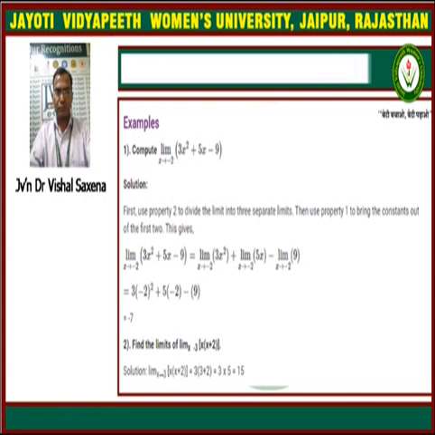Now another example which we are going to take: the limit as x tends to 3, and the function is x into (x + 2). So if we put x equal to 3 in this function, we can see it will be a finite, existing value, so it will be its limit. So 3 into (3 + 2) becomes 15, and 15 is the answer of that limit.